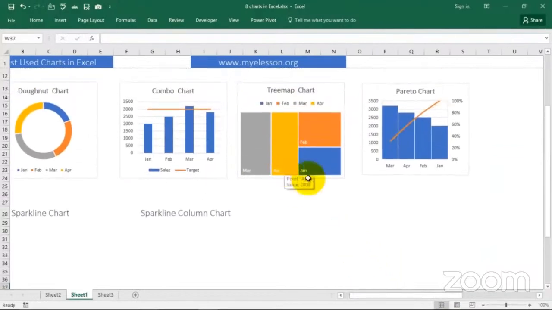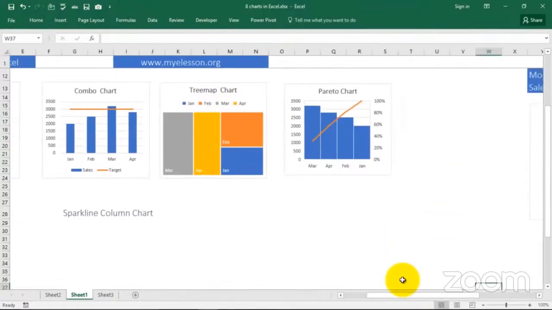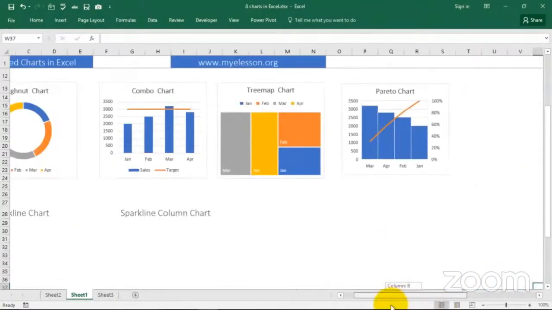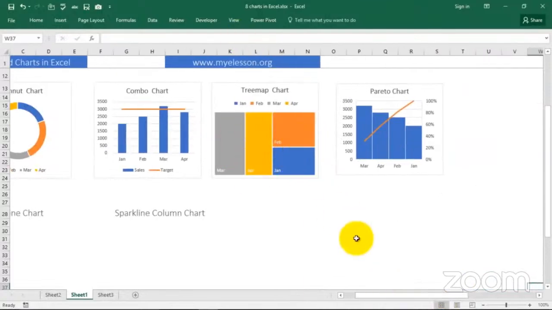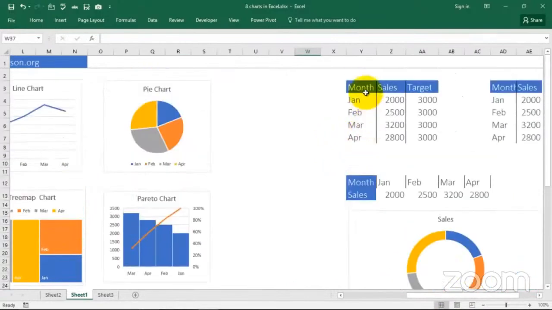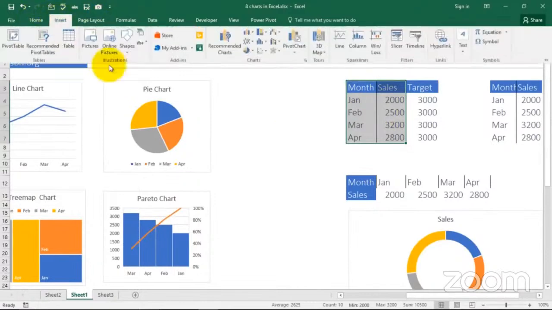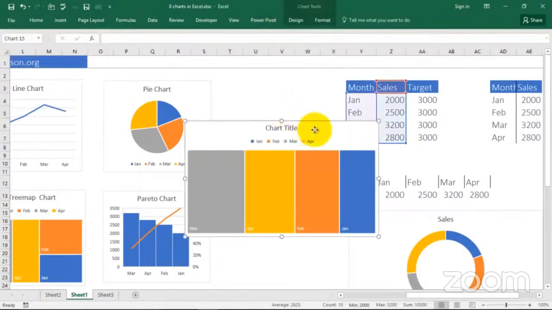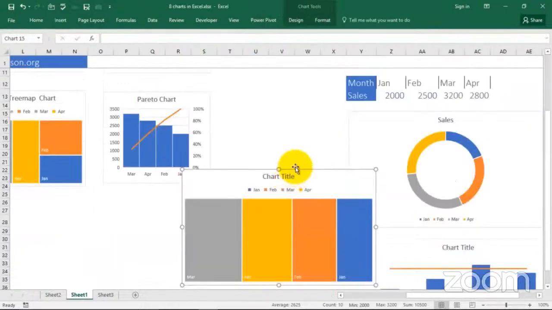And let's create a tree map chart, a beautiful chart which shows the content of your data in form of square and rectangular blocks, something similar to what a donut chart does in a round way. So this is my data. I select it. I go to insert. I go to recommended chart. I go to, this is my tree chart. And here is the data. I will go ahead